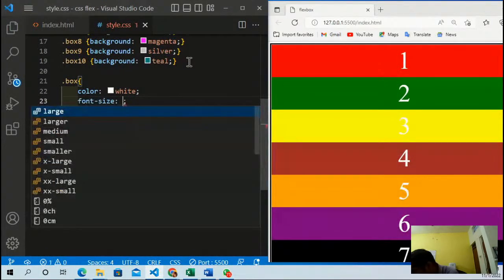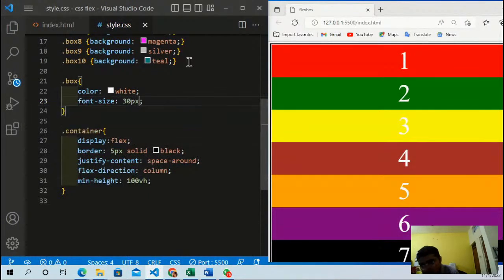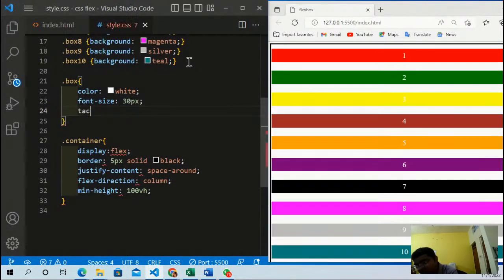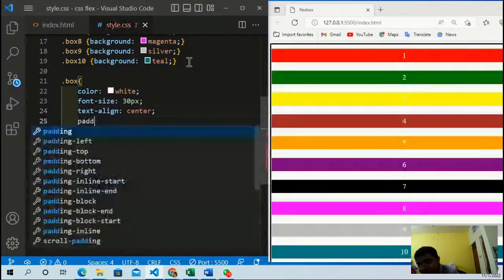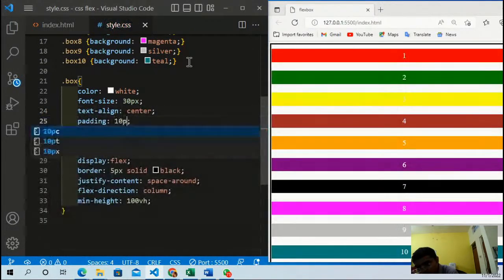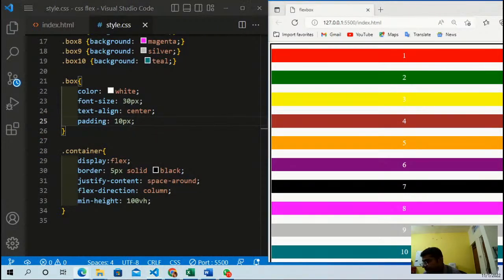Font size we will reduce to 30 px, and the text align will be center, and padding of 10 px. Now what we will do, we will use the next property, which is called justify content, changing the main axis from left to right to top to bottom. So we will be using the value